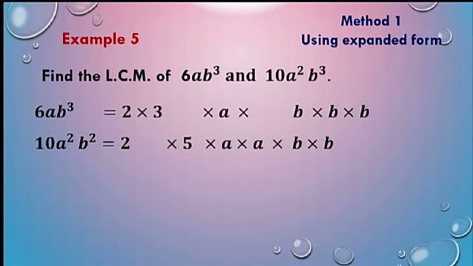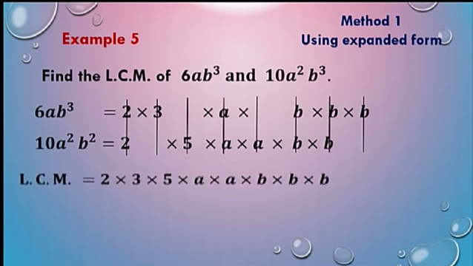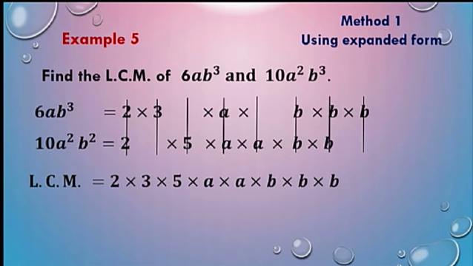To find the LCM, we're going to take one element from each column. So the LCM here is 2 times 3 times 5 times a times a times b times b times b. Then we write the final answer as 30a squared b cubed. 30, that is 2 times 3 times 5. Using the second method,